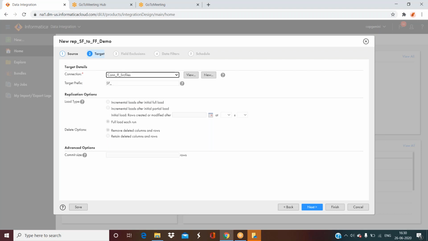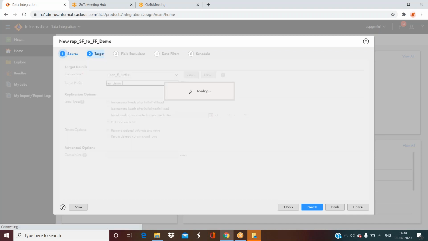My target is a flat file, so the target is a flat file connection here. In target prefix, SF is the default prefix, as you could see while creating a replication task, but you can put your own prefix. So I'm giving rep underscore demo here. This is my prefix. What it will do is add the prefix to the source object name while creating the target.